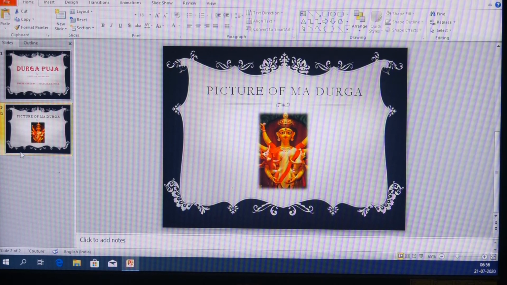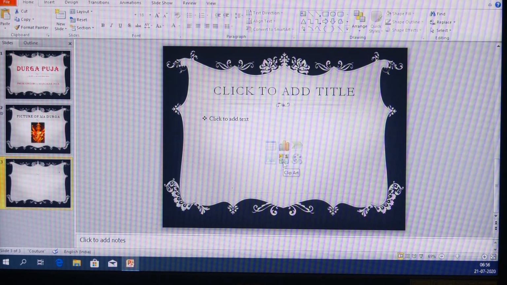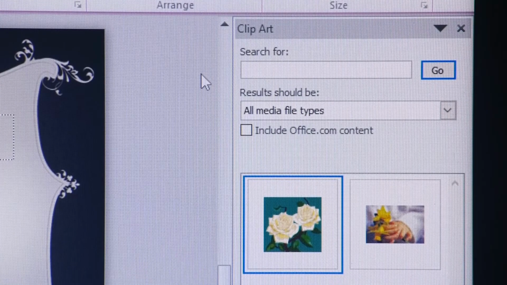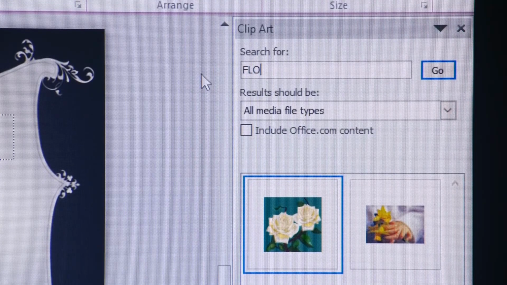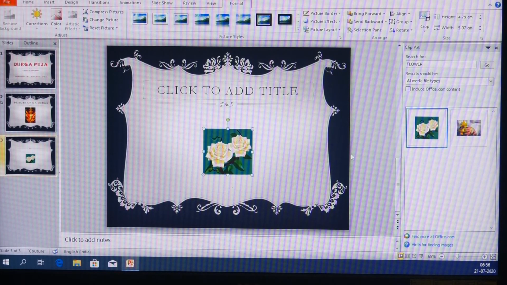Now I am going to show another feature. I am going to new slide option and adding a new slide. Here I am going to the clip art option. See, here it comes. I am clicking on it and the clip art pane appears. So now I search for anything, like if I search for computer, the pictures of computer will come. Here I've already searched for flower. Now I'm clicking on this picture, it will appear here. See, it has appeared already.